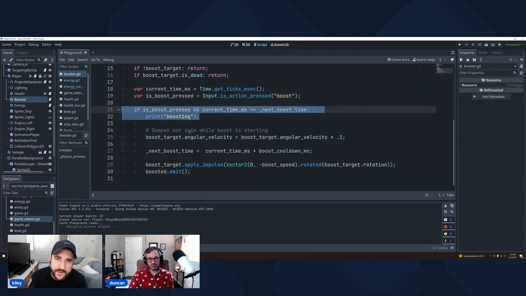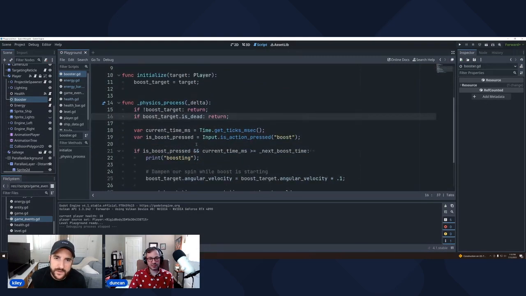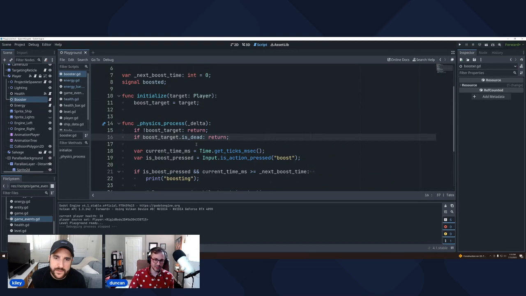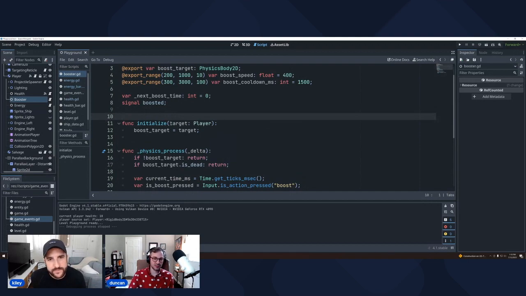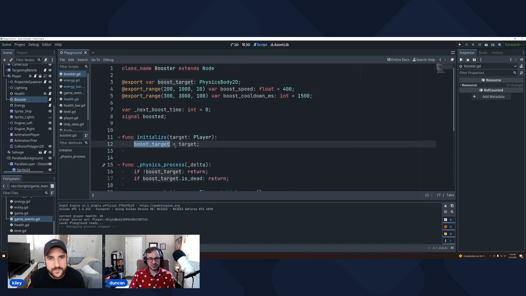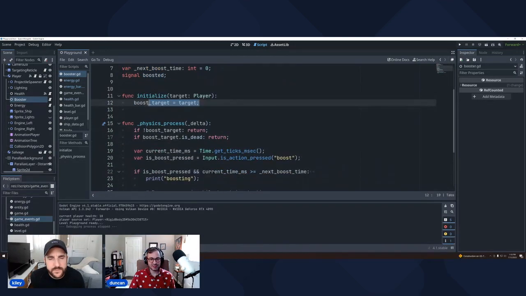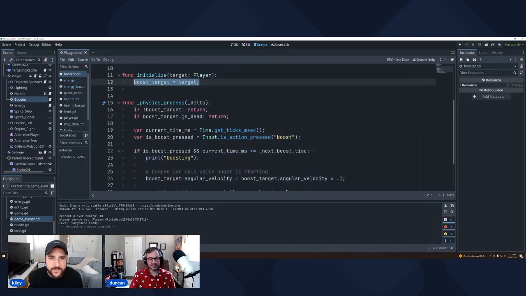And what we would want to do, and this is a bit weird, and I can't decide if I like this, but when this booster is initialized, we pass in its parent, right? That's what we call the boost target, which might be confusing, but we pass in its parent, and then we basically act on that parent. Again, I'm not sure I necessarily love how I've set it up, but it is how it is.